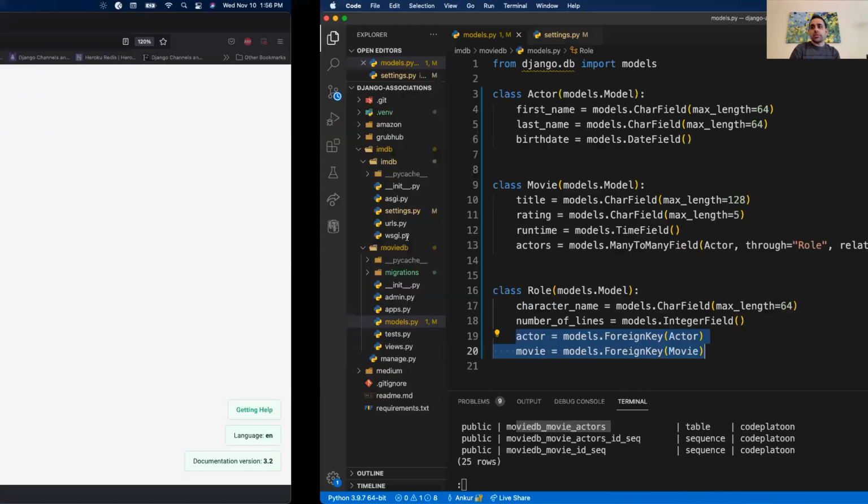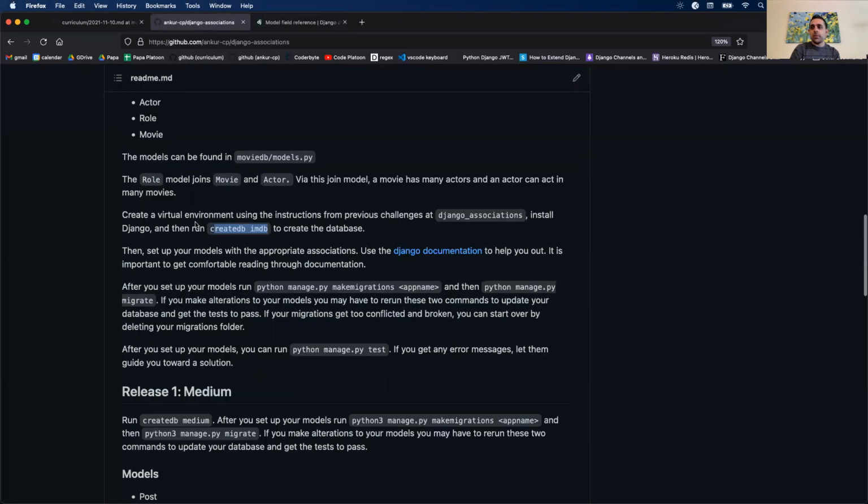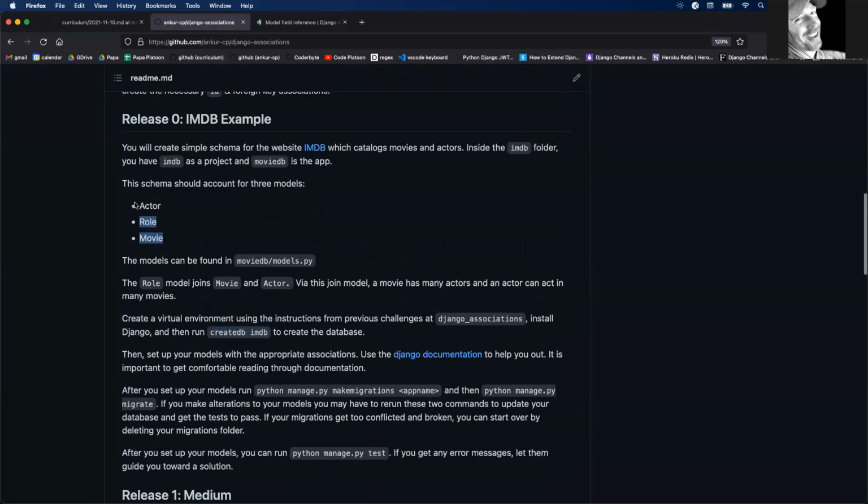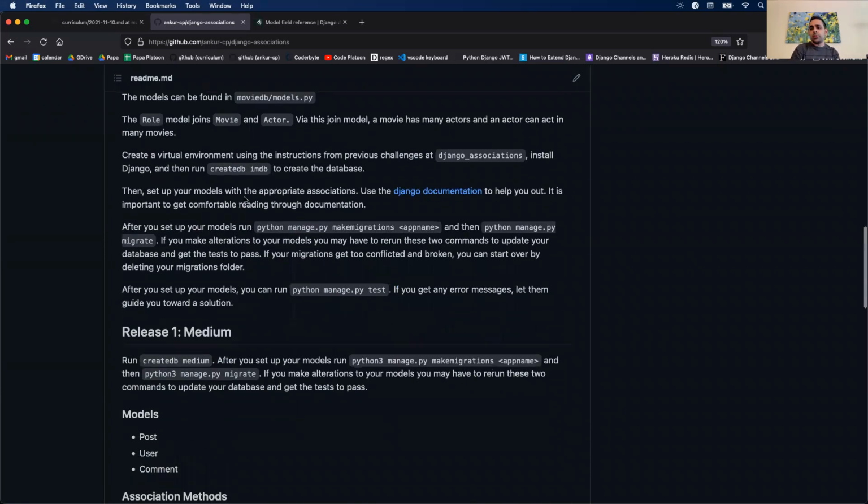Okay, so that was a simple example. I think I chose probably the easiest example, that was IMDb. Again, it's data modeling or schema design stuff we did last week. We're just going to do it in the Django world instead of in the SQL world. So IMDb was a little simpler.